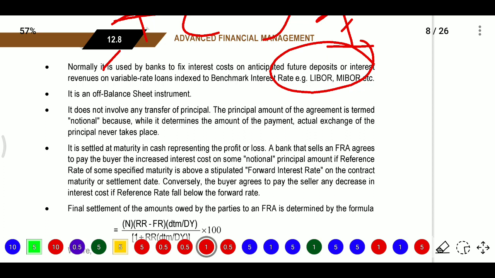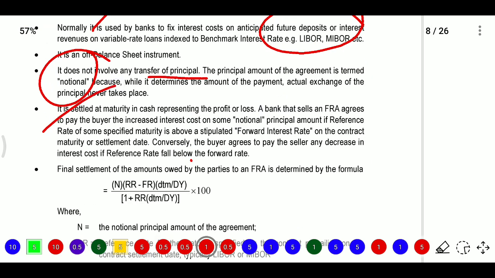For FRA, the first feature is the bank's fixed interest, and it is an off balance sheet item that does not involve any transfer of principal. The principal amount of the agreement is termed notional, because notional means the principal amount, nothing but principal only, and it is settled at maturity in cash representing the profit